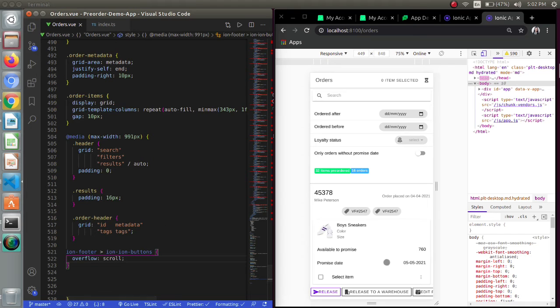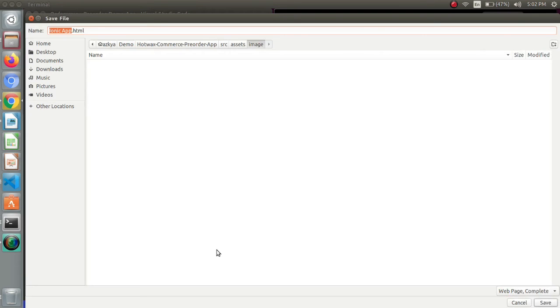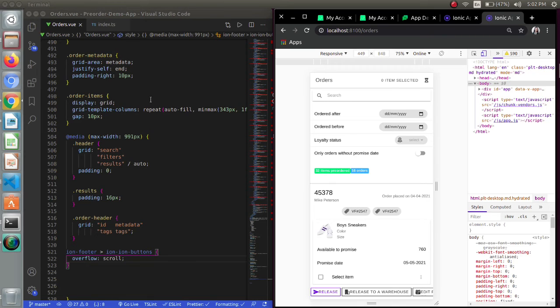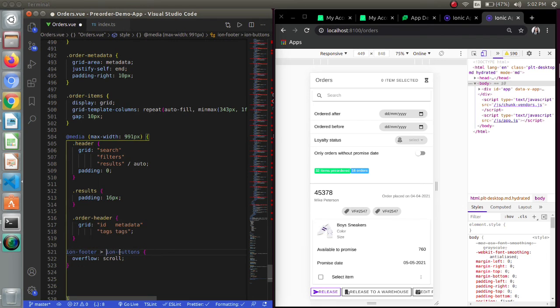Oh, I have used a wrong component over there. Just remove it and save again. The selector isn't working, so I will be removing the Ion footer and simply applying the overflow scroll to the Ion buttons. As we are able to see, the buttons are scrolling properly.